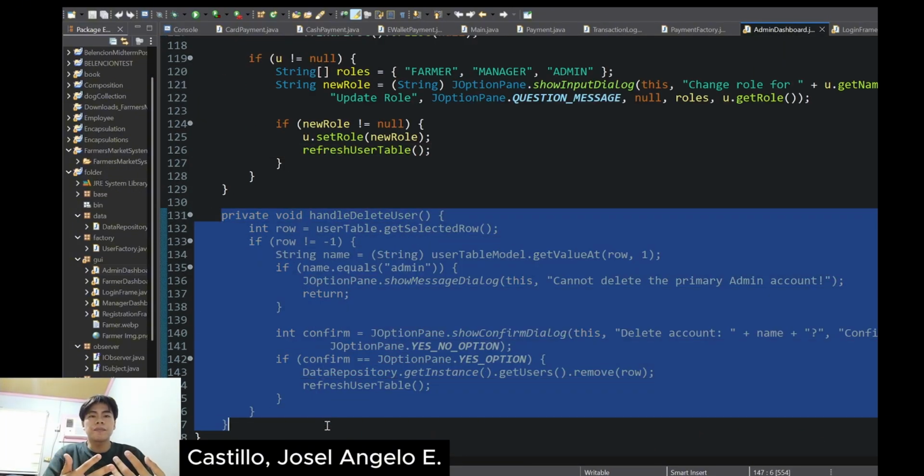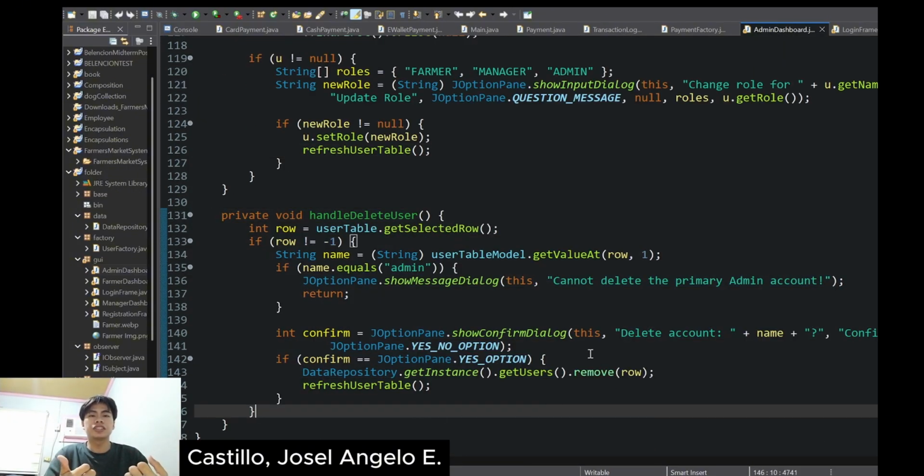The delete function enables the administrator to remove a selected user after confirmation. However, the system includes a safeguard that prevents the deletion of the primary admin account to maintain system integrity.